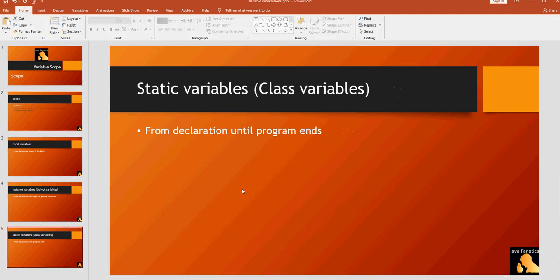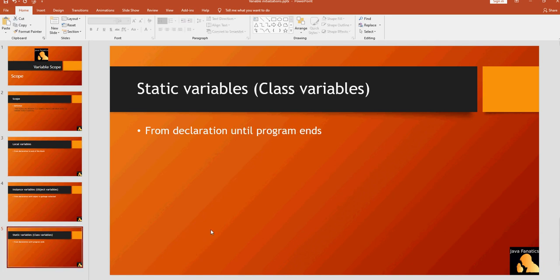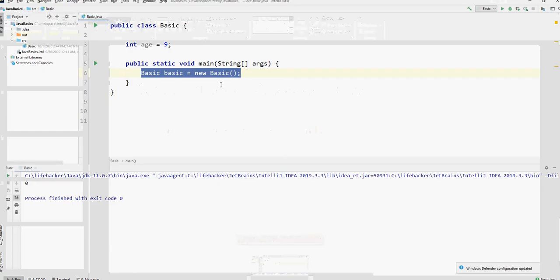Then the scope of static variables. Static variables have the longest lifespan. They exist from the time of their declaration until the program ends.